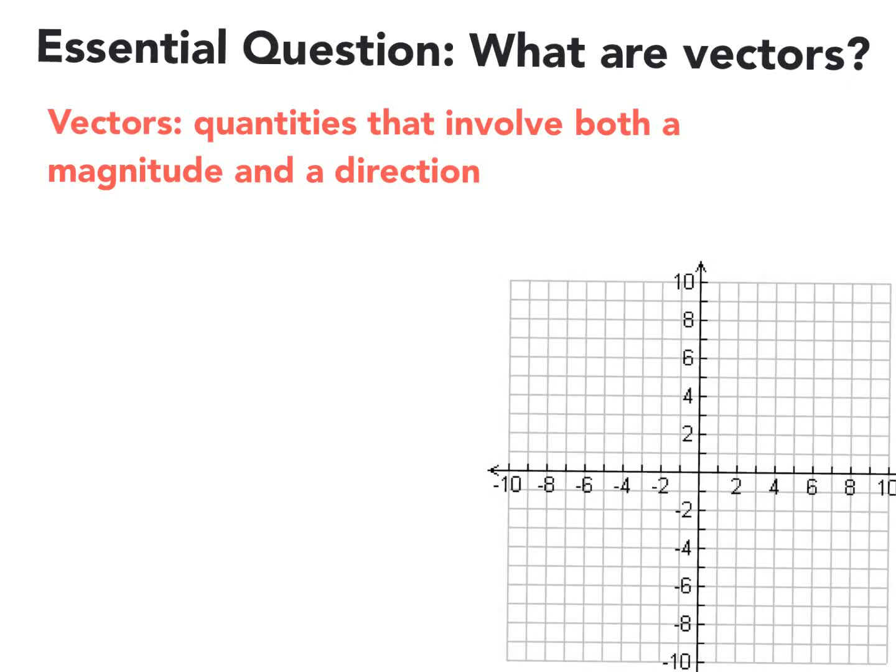Hello. In this video, we're going to answer the question, what are vectors? Well, vectors are quantities that involve both a magnitude and a direction. So here's an example of a vector. Whenever I say a magnitude, I'm talking about its length, and then obviously you can see that this has a